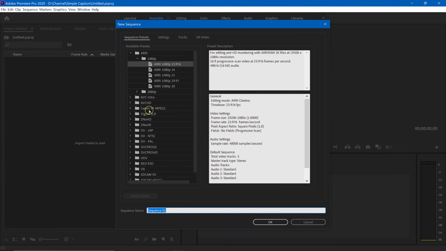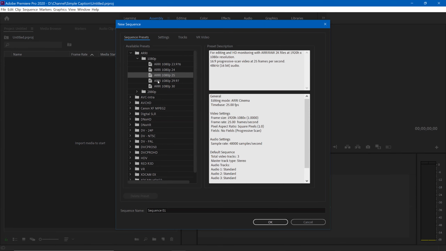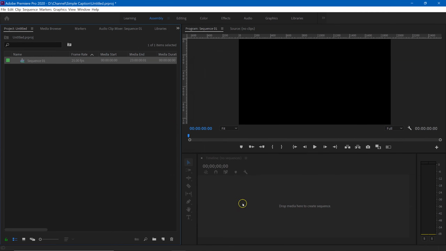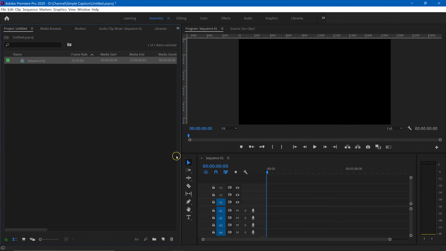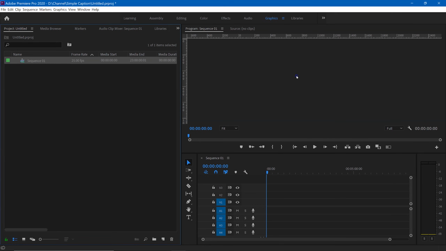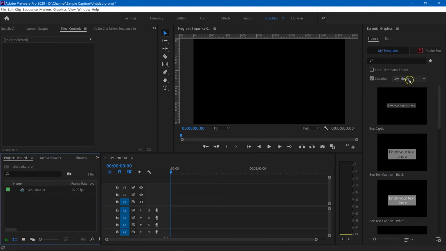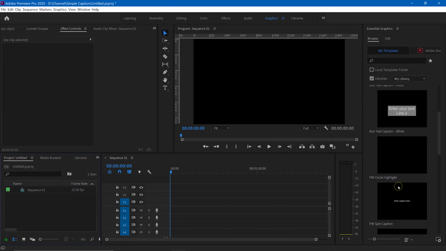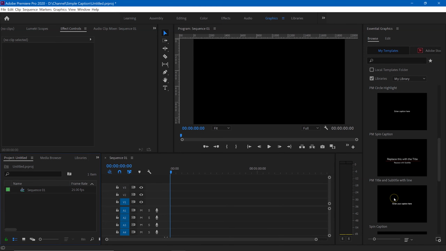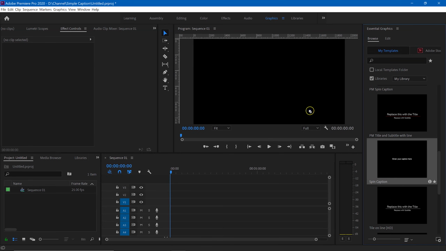Just create my default sequence at 25 frames per second. So we have a sequence here in the timeline, and if I wanted to add that caption, I go to Graphics, and then I can look in my library, and we should be able to find the caption that we created, which we called Spin Caption. So we just simply drag it onto the timeline,